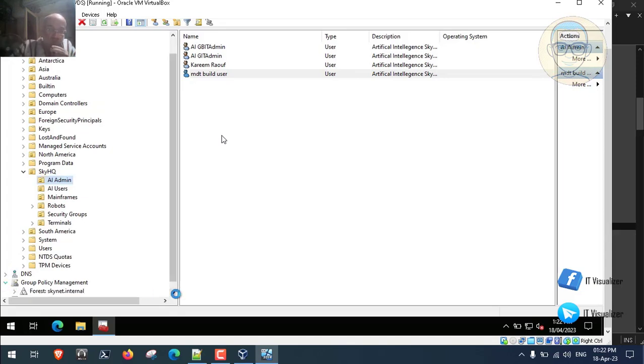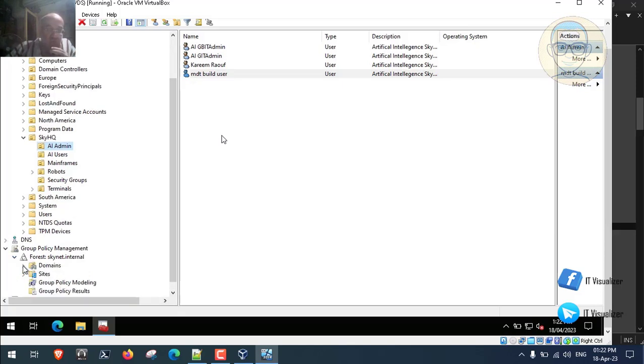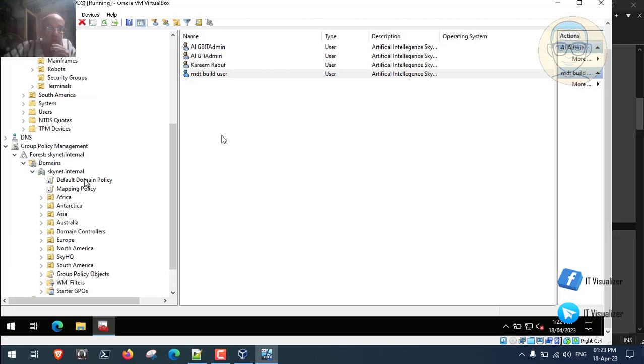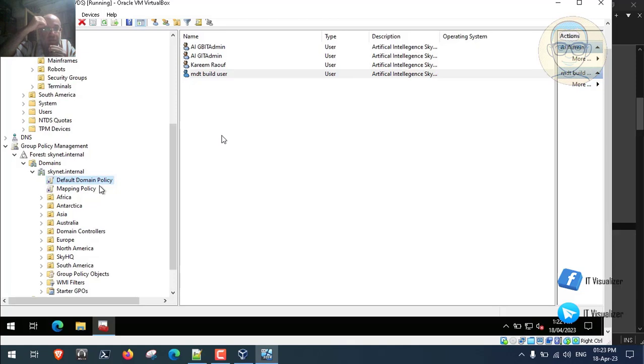We need to do this through a group policy. We need to deny login locally for this account on any machine in the domain. It is only authorized to log in through a domain. So we'll do that in the default domain policy,